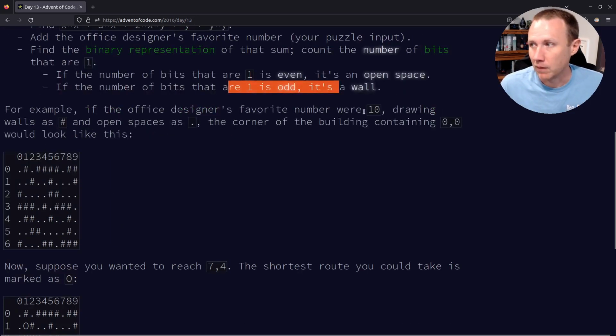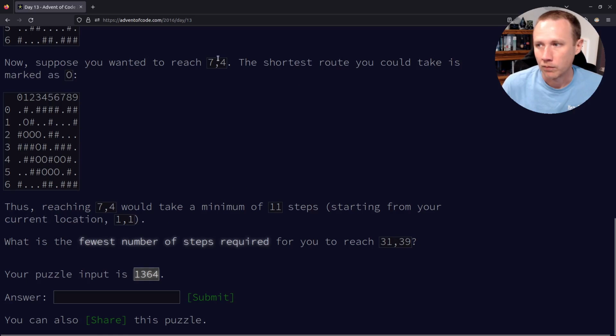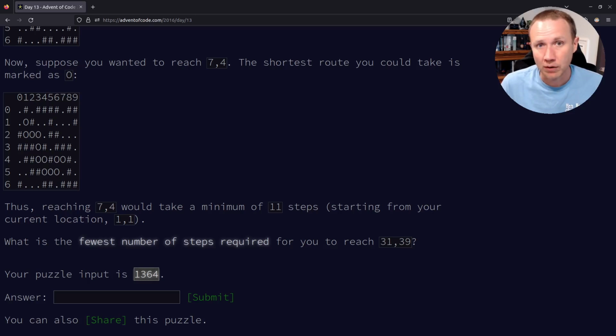So for the number 10, the coordinates look like this, at least for the first 7 y's and 10 x's. Now they want to know how many steps it takes to reach 7, 4 for the example, and the answer is 11. For my puzzle, they want to know how many steps it would take to reach 31, 39 with my puzzle input. So this feels similar to the